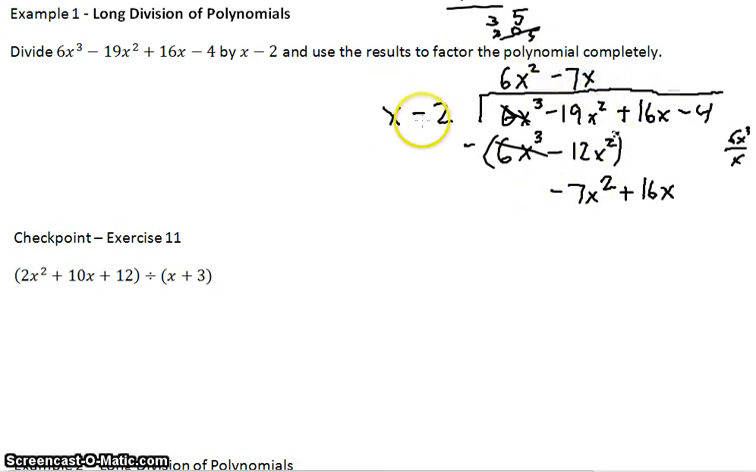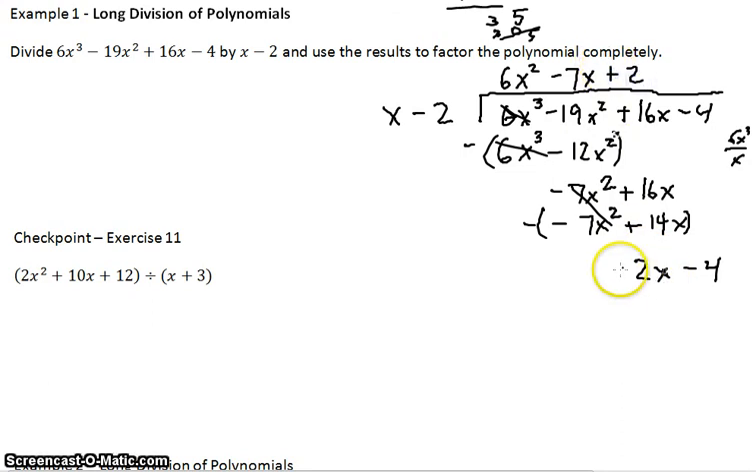So I'm going to take both these terms and multiply them by negative 7x. I get negative 7x squared plus 14x. Then from here I'm going to subtract this group. These two things cancel out. I'm left with 2x minus 4, and I repeat the process one more time. Divide x into 2x. That is a positive 2 times. I get 2x minus 4. Subtracting these two groups, I get 0. I have nothing left to divide into, so when I divide this expression by x minus 2, my answer is